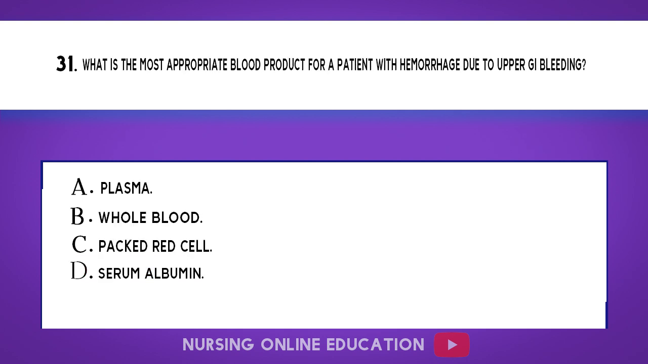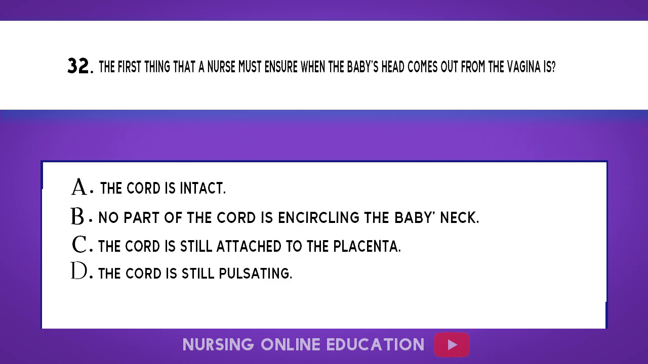31. What is the most appropriate blood product for a patient with hemorrhage due to upper GI bleeding? A. Plasma. B. Whole blood. C. Packed red cell. D. Serum albumin. The answer is option C. Packed red cell. 32. The first thing that a nurse must ensure when the baby's head comes out from the